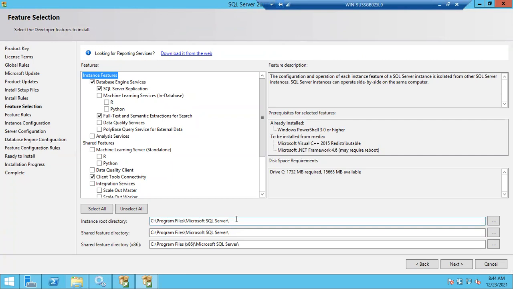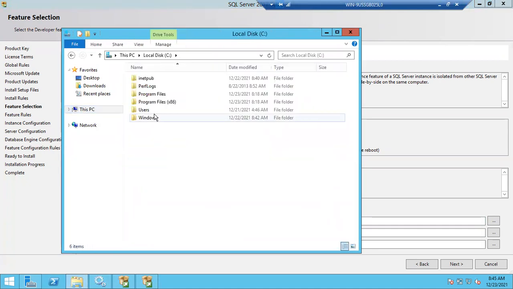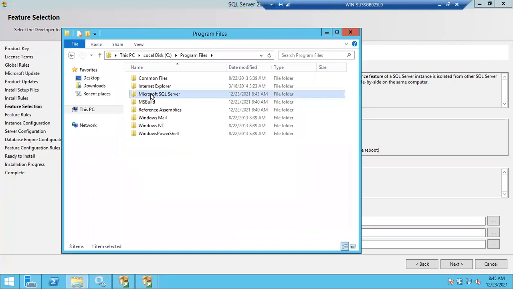Instance root directory: see Program Files, Microsoft SQL Server, and you can see shared feature. See all these components. Once I start installing in C Program Files, this folder, Microsoft SQL Server, will be created. As of now it's not created, but once I go to the next step, it will be created. Let me show you that as well. It will create the binaries already. It just started copying. Earlier, on one screen, it just installed some components, which means it just created that folder.